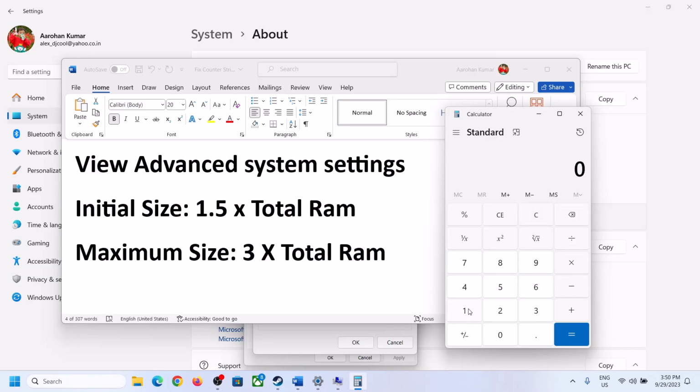So 16 into 1024, because 1 GB is equal to 1024 megabyte. So 16 GB in megabyte will be 16384. Into 1.5 into total RAM. This is my total RAM in megabyte. Now 1.5 into total RAM, that is into 1.5. So in my case initial size is